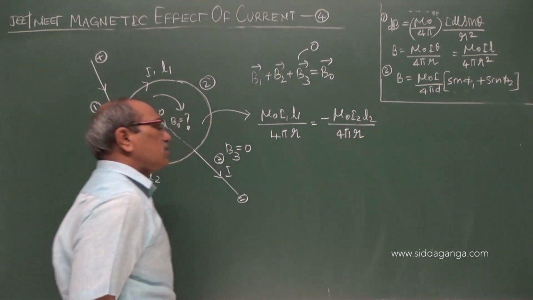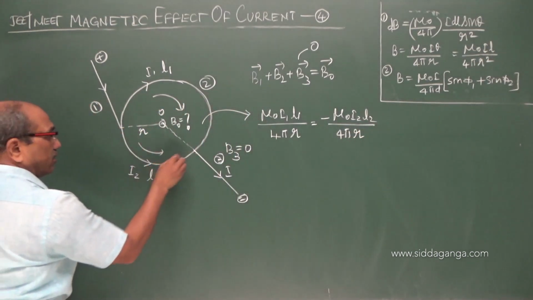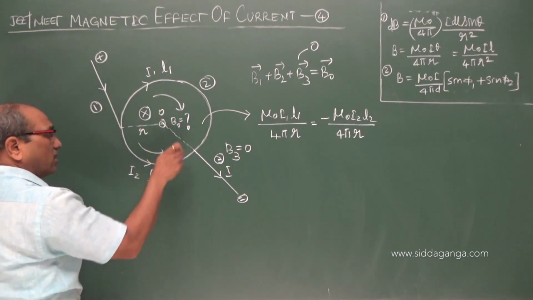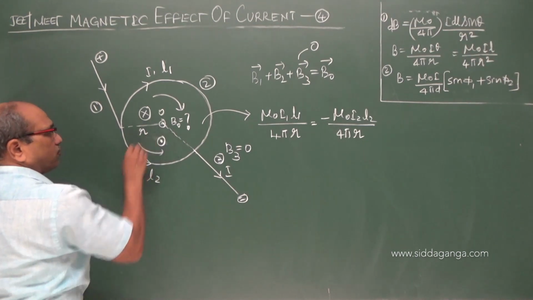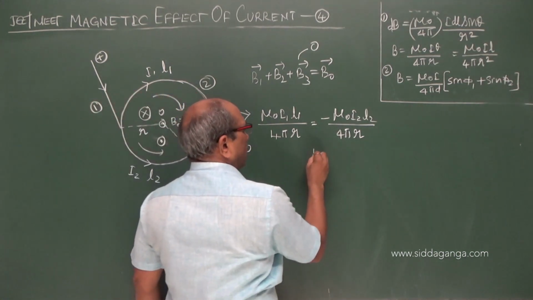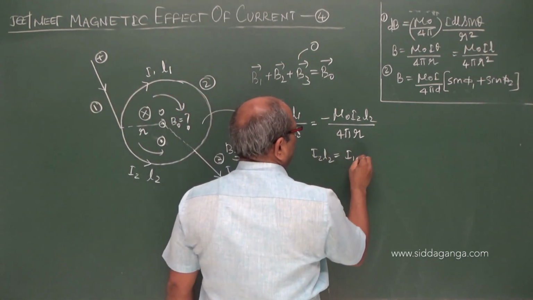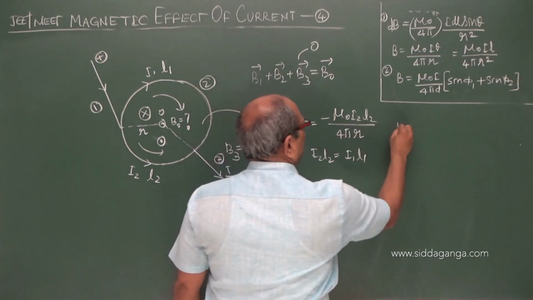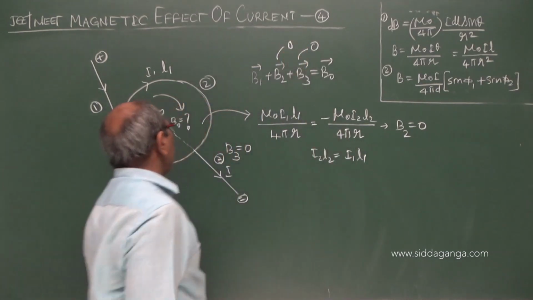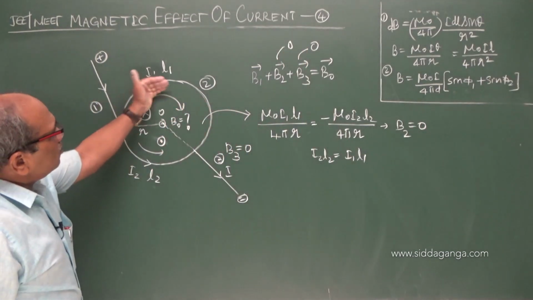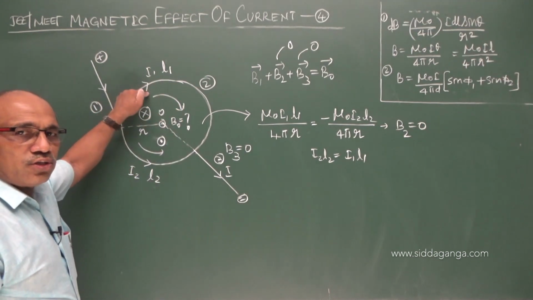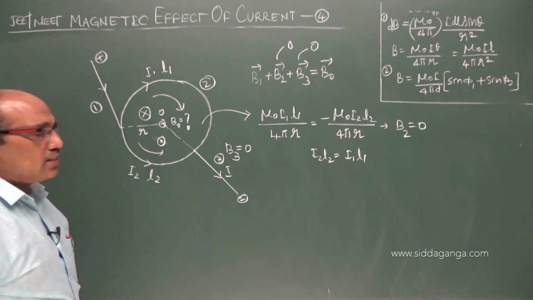We discussed in the previous class. Uniform wire, one is clockwise which is producing the field into the board, another anti-clockwise producing the field out of the board, but irrespective of the length, I2 L2 becomes equal to I1 L1. Therefore, this implies the net field due to B2 also becomes 0. How much clockwise current produces, anti-clockwise current produces, but in the opposite direction. It is into the board, it is out of the board. Therefore, the net field is cancelled.